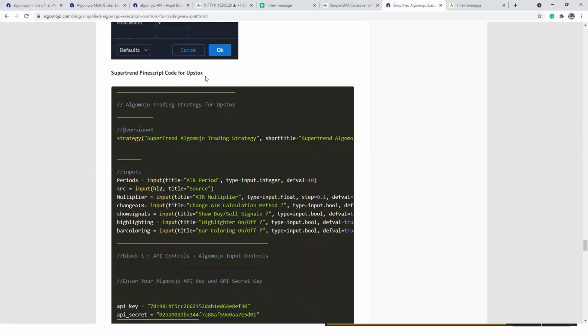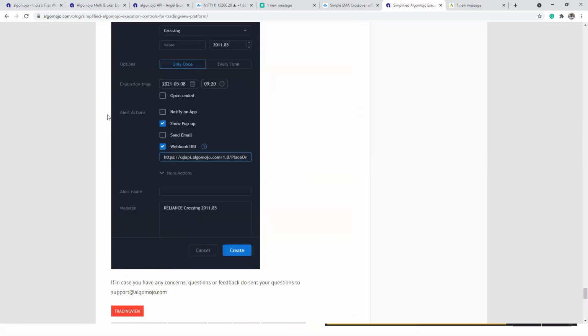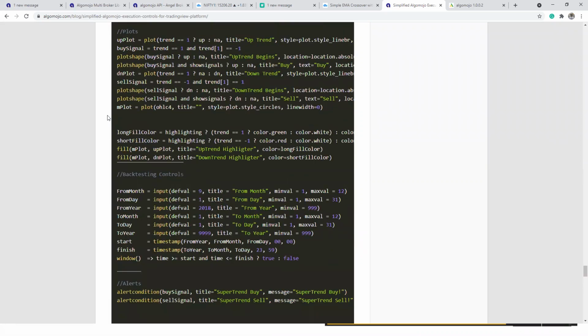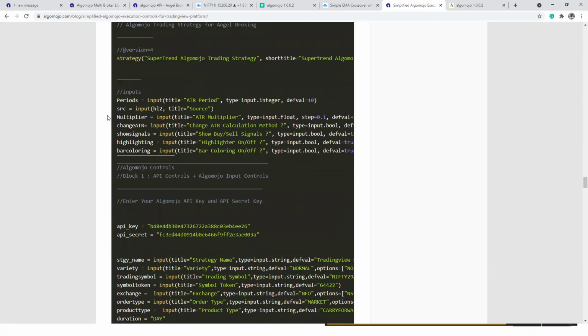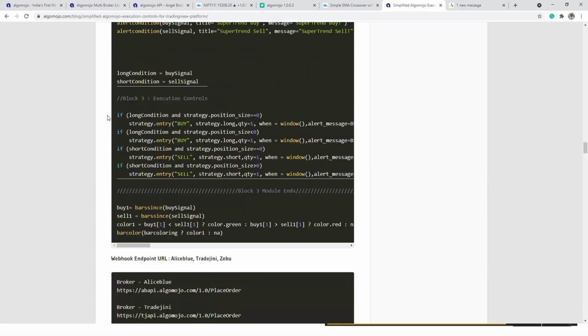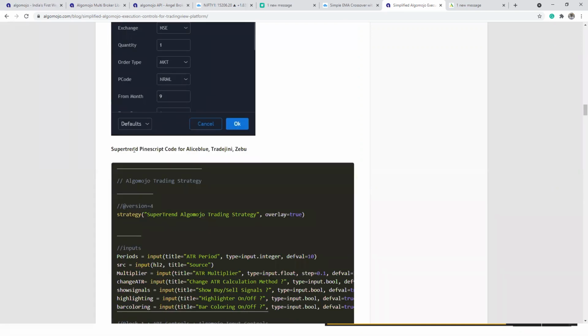Here is the PineScript code for Upstox, but what I want is for a different broker. Oops, where did it go. Yeah, here it is. This is the code for Alice Blue, Tradejini, Zebu, for all the brokers.